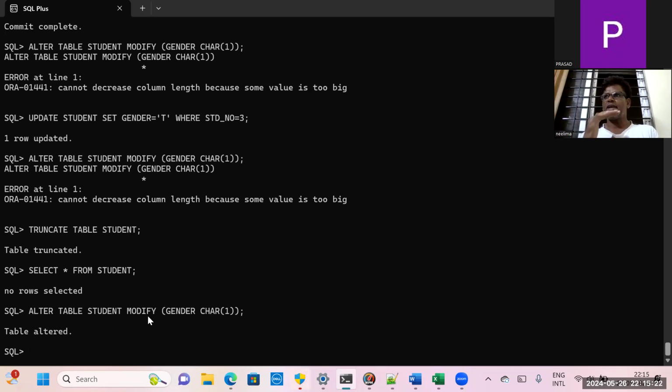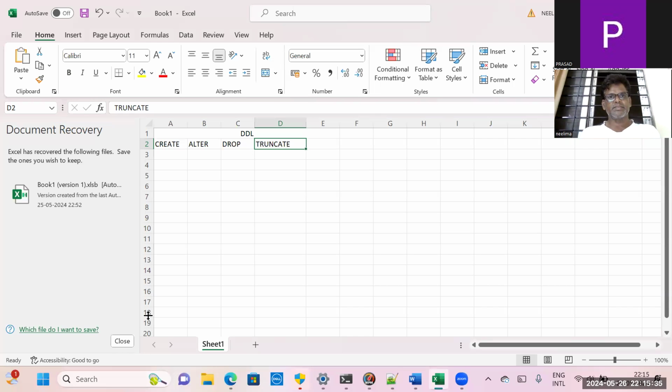These are all table structural changes. What we are discussing are all table structural changes. That's why we are calling it a data definition language. This one also, alter also. Okay. Another thing is,